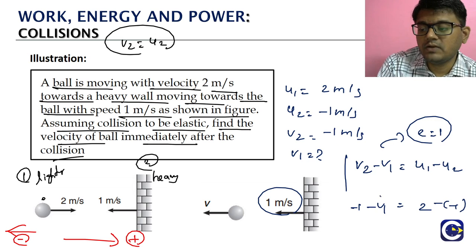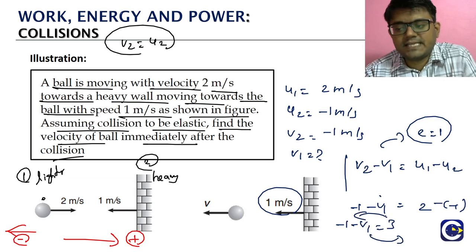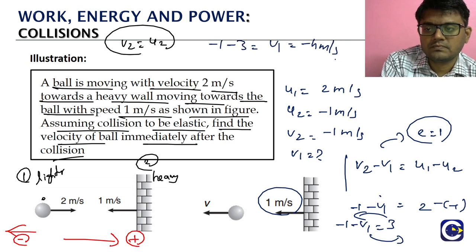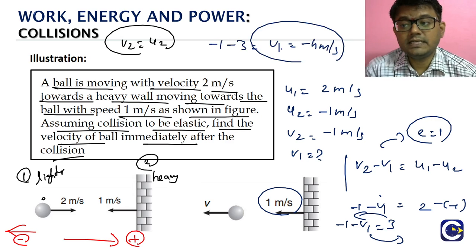இப்போ நமக்கு v1 தானே வேணும். So minus 1 minus v1 is equal to, right hand sideல பாருங்க, that is 3. அப்படியே நம்ம rearrange பண்ணா what you are going to get? 3 left sideல வந்தா it will become what? Minus 3. So minus 1 minus 3 is equal to v1. பாருங்க, what is it? Minus 4. Minus oda significance enna? Direction part, that leads towards the left side.